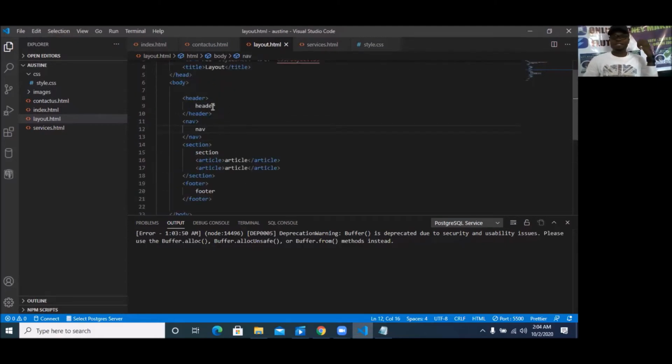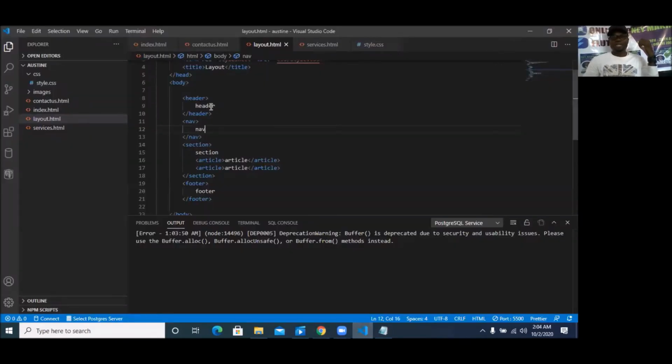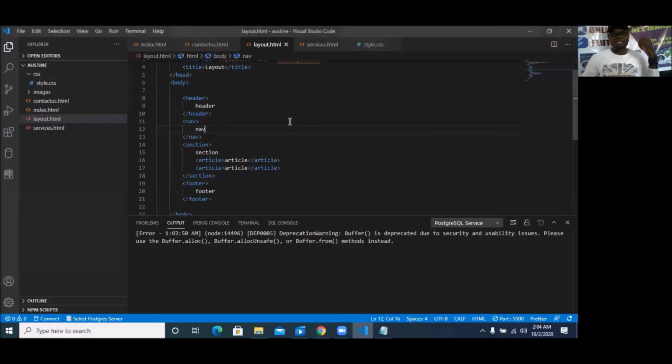And this layout is simply having the head. Can you see the head? And inside it, you have header, is it not? In that same way, if you open here, this is where we have the head. Inside it, we have header. Can you see that? Now we'll open up again. After the header, we have the nav bar. Inside the nav, you have nav, isn't it? This is the nav bar. Inside it, we have nav. Is that clear? If I go here now and change, instead of header, I write here